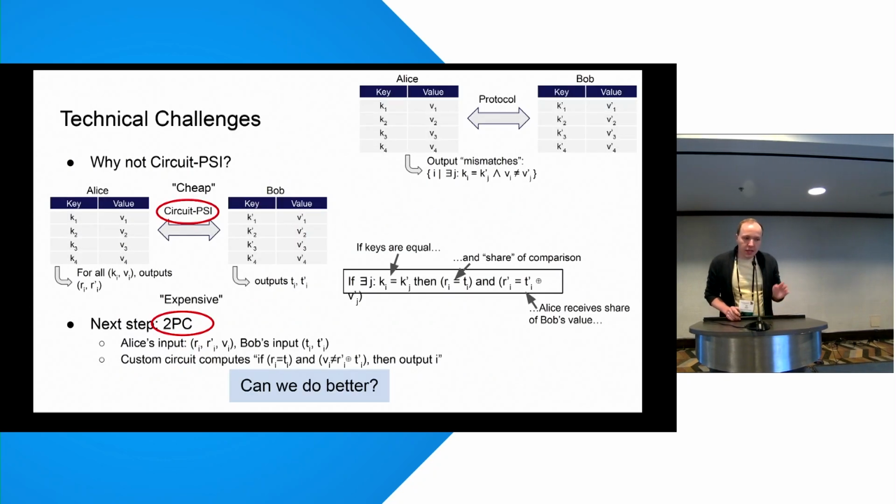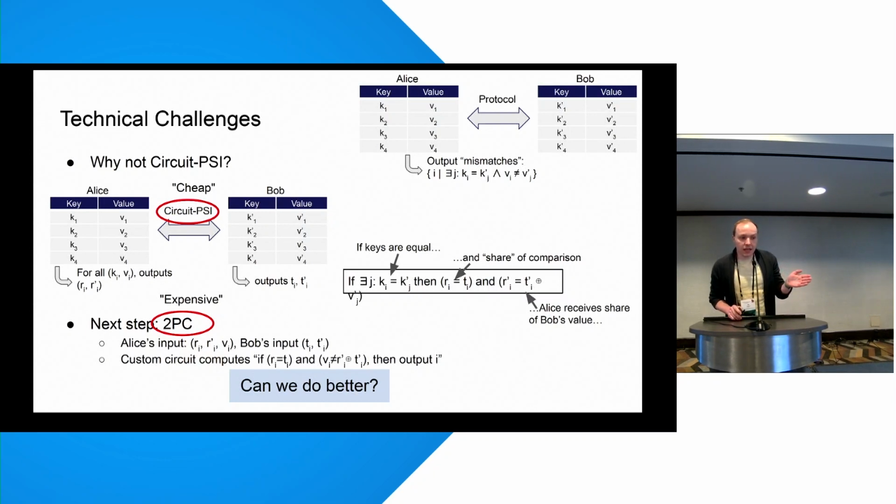So there are some technical challenges here. First, the paper presents a strawman protocol for a circuit PSI implementation. In the ideal case, Alice and Bob have this key value store, and an ideal functionality would just output the indices of the mismatch, meaning that the keys are matching, but the values are not matching. And in circuit PSI,